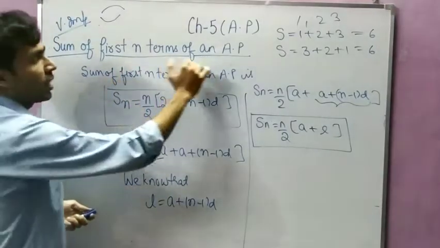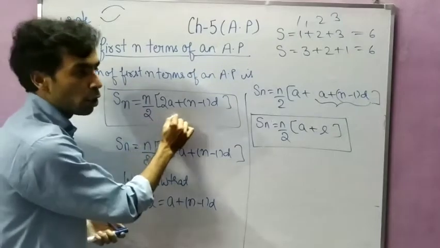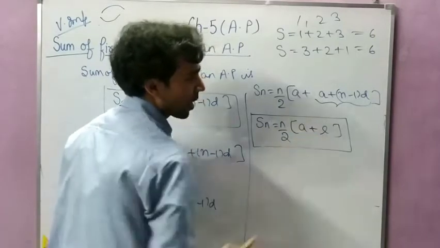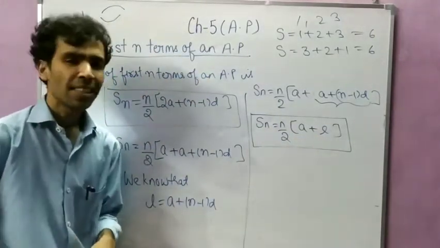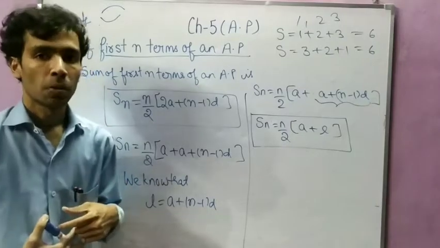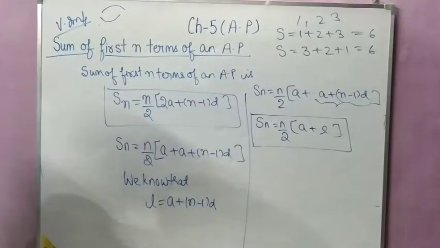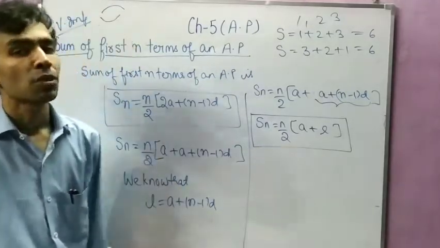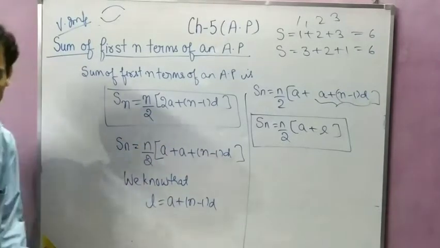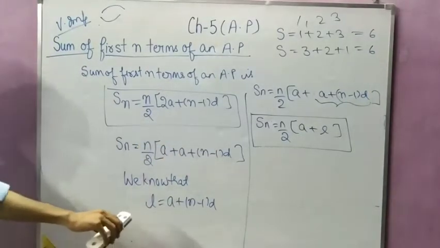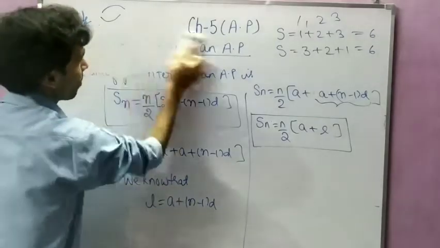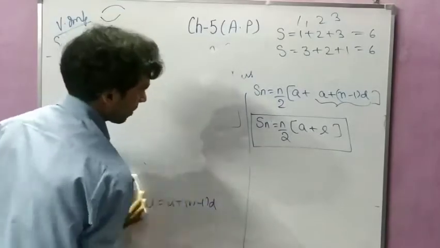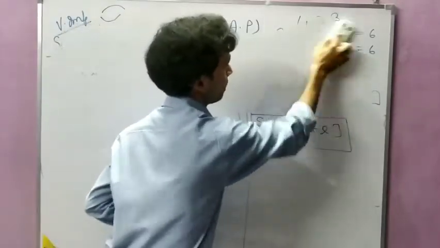So the sum of the first n terms of an AP is Sn equal to n by 2 into 2a plus n minus 1 d, and one more formula, Sn equal to n by 2 into a plus l. It's your wish which formula you want to use. If the last term is given, then you can easily apply this formula, and if the last term is not given, then you can use the other formula. You will understand much more when you solve questions. So let's solve some questions based upon that.